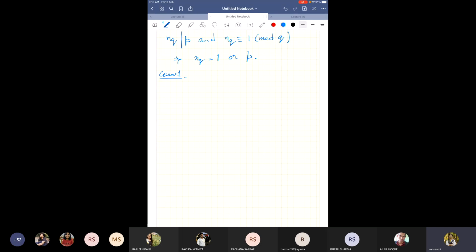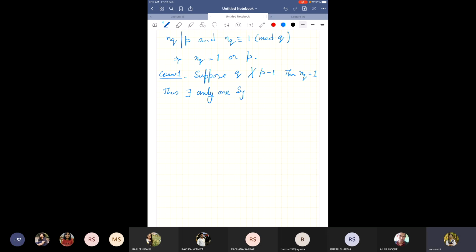The first case: suppose Q doesn't divide P minus 1. Then this case will not arise, and NQ will be equal to 1 itself. Thus, there exists